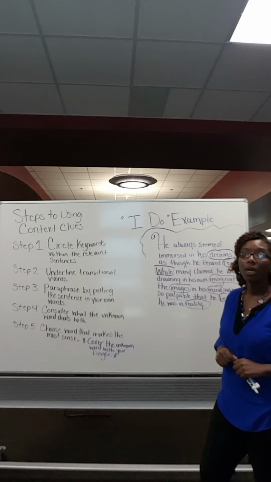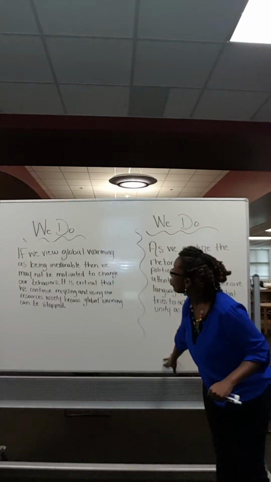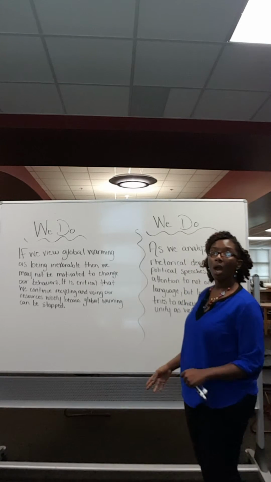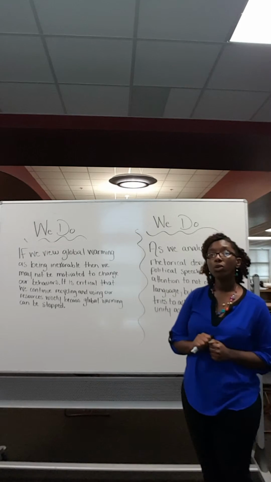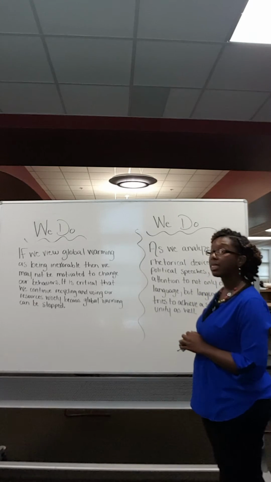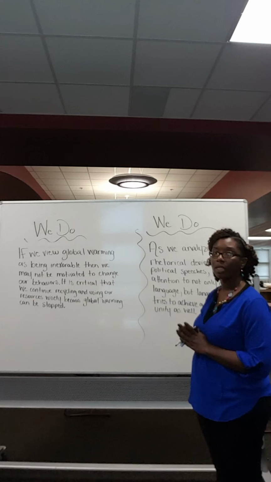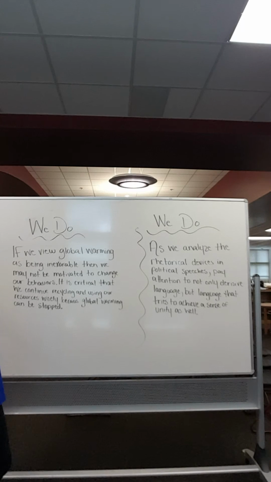Now we're going to move to the we do. The way the we do will work is we're going to read the sentence, and then I want you to circle the keywords on your sheet using the same steps, and then figure out the word's meaning. All right? So, your first example is, if we view global warming as being inexorable, then we may not be motivated to change